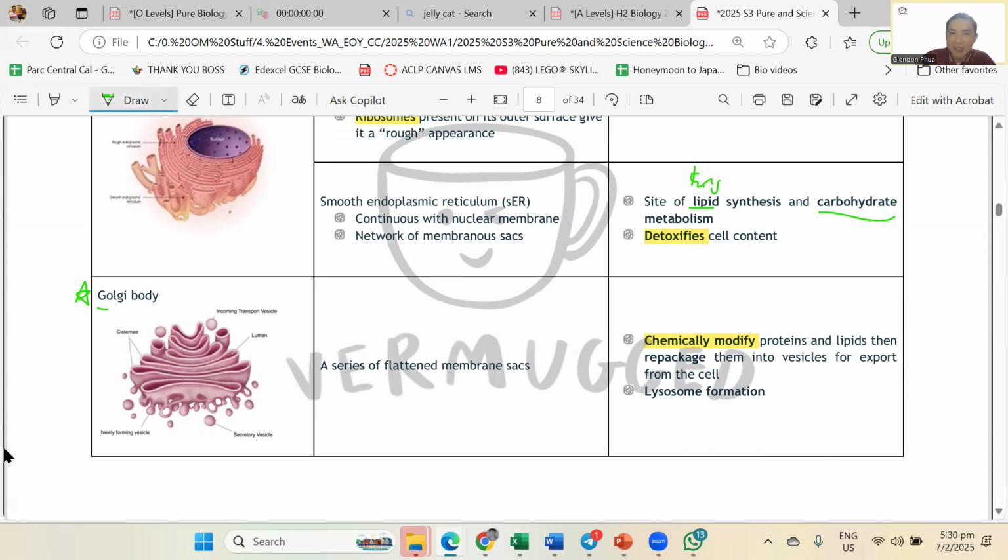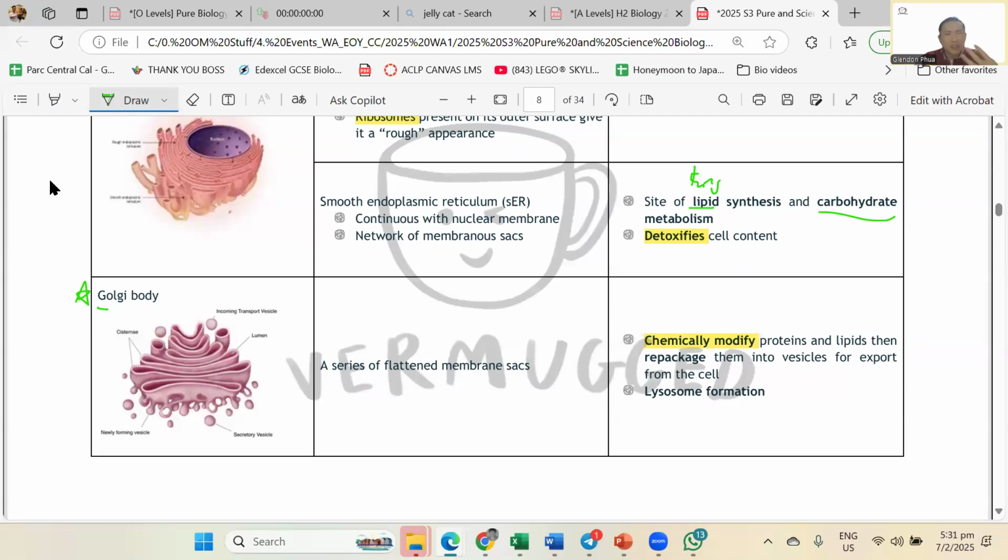Check for a question. If you're being asked to label a Golgi apparatus, make sure it's a capital G, not a small letter g, or your teacher might just give you 0. It is a capital G because it is some person's name, some famous dead person. So put a capital G there. Teachers like to test for the spelling of Golgi body or Golgi apparatus. Clear? Okay.